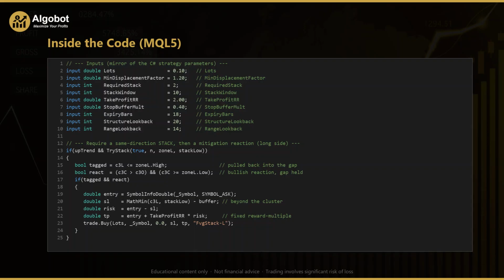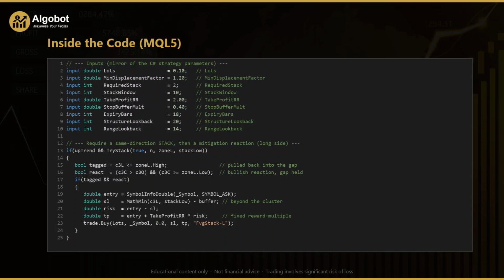The condition checks 2 things at once. Uptrend must be true, and tri-stack must confirm a valid bullish stack, handing back the freshest gap as zone L and the far edge of the cluster as stack low. Inside, tagged is true when the bar's low dips into the gap. That's C3L being less than or equal to the gap's high. React is true when the bar closes higher than it opened and closes at or above the gap's low, meaning